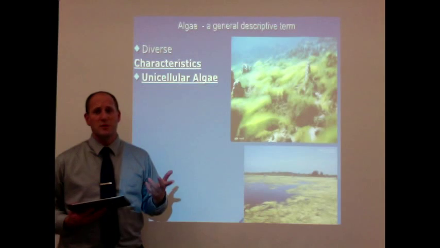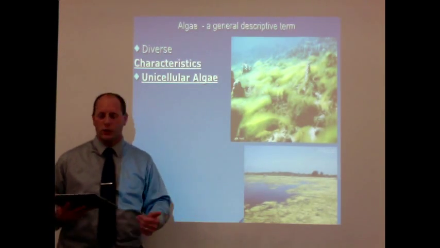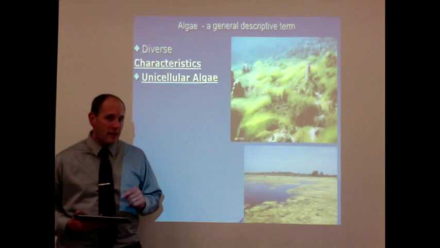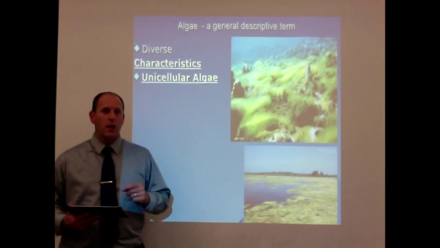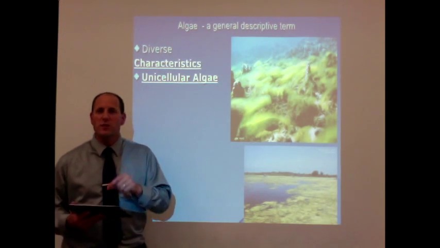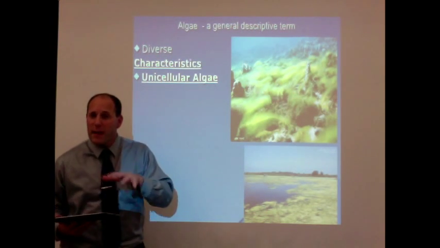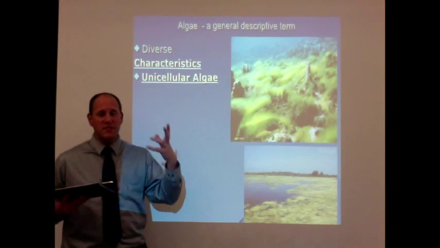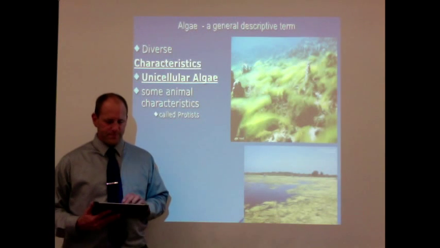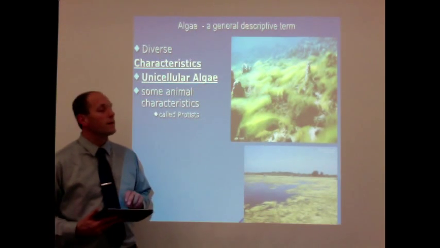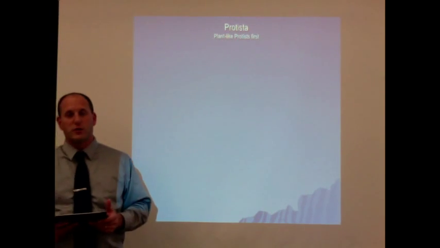They're often referred to as plants, but algae are not plants because they don't have those characteristics that I mentioned earlier, and because many of them often have some animal-like characteristics. We call those organisms that are these unicellular algae that are doing photosynthesis, but have some animal characteristics at the same time, it's this hodgepodge group, we call those the Protista. So let's take a look at these Protista first.